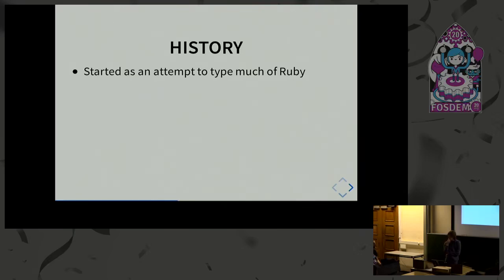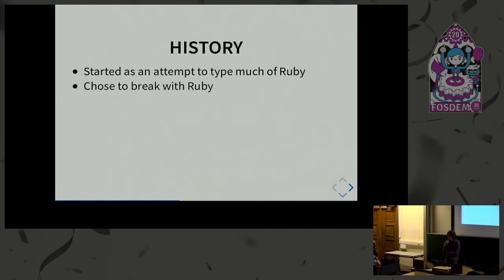It started back in 2011 or 2012. A bunch of guys down in South America, and they did a very good job in the early days of sticking very close to Ruby and making Crystal very accessible to Ruby developers. But